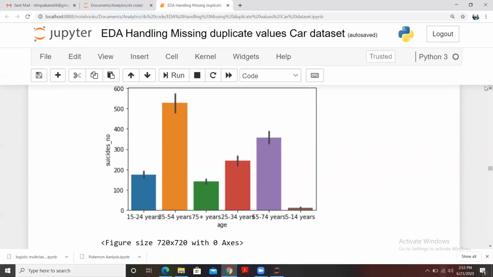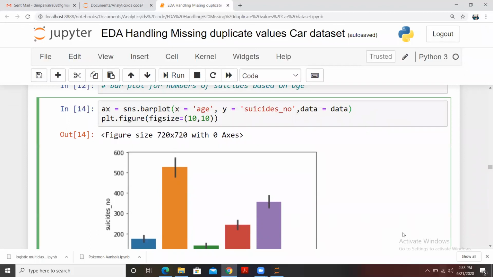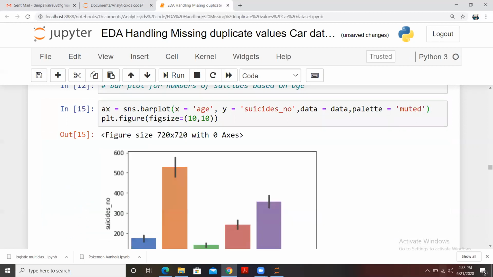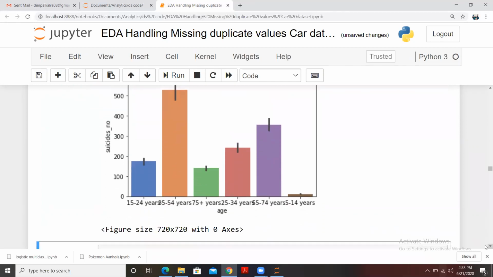And just to make this plot cleaner, let's say I need to make a certain modification here. I'll be using palette equals to, let me do muted. So it would look something like this, a bit better than that.